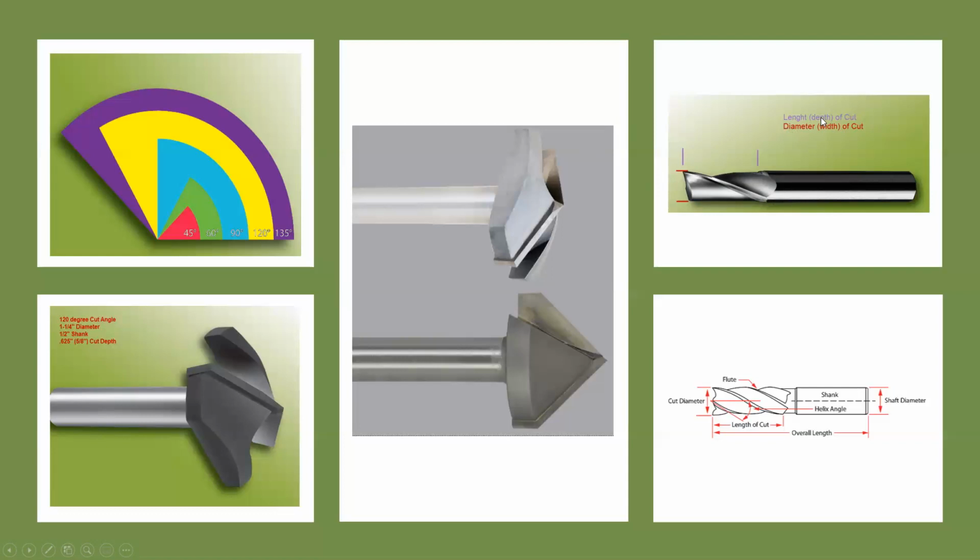Okay, and then the length of cut for this cutter would be how tall is the spiral flute. In other words, how deep can I sink this cutter into the material in a single pass and still have exposed cutting flutes. So I do not consider the shaft of the cutter to be part of that length of cut. Okay, so if I sink the cutter into the material, plunge it down beyond the cutting flutes, then yes,